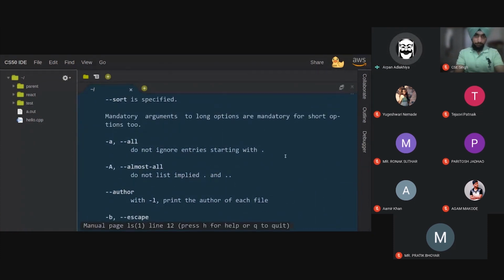Okay, so here you see there is this -a command. This tells the ls command, do not ignore entries starting with dot. So in Linux, if you want to hide a file, like in Windows, you right click on a file and then go to